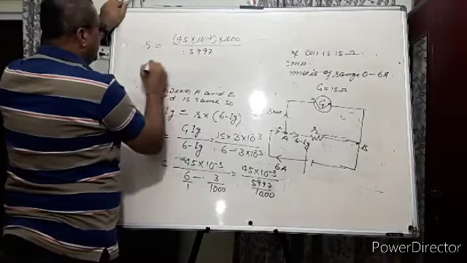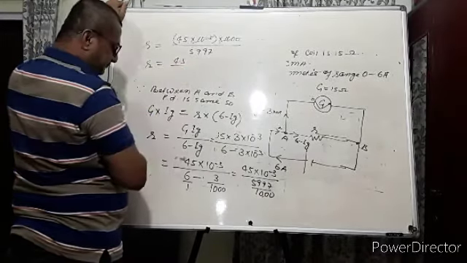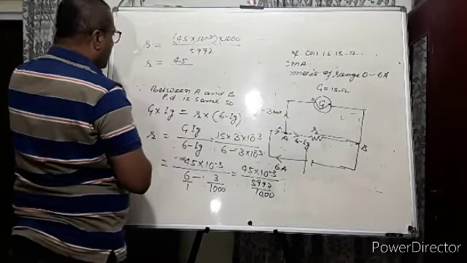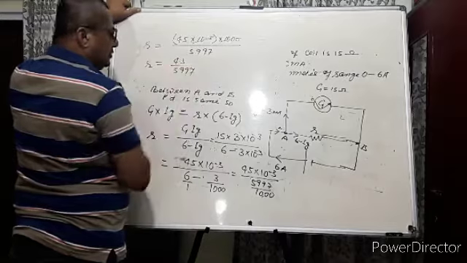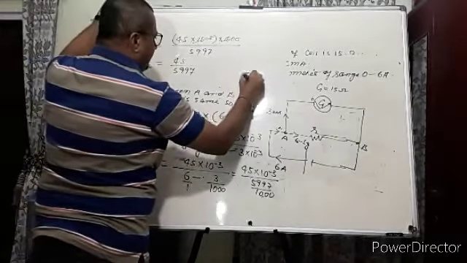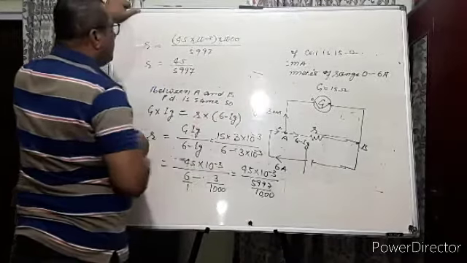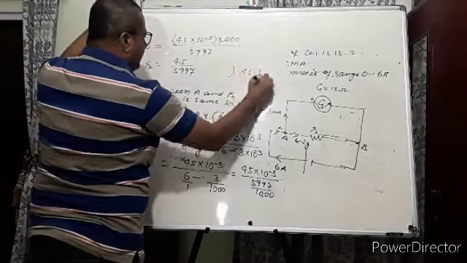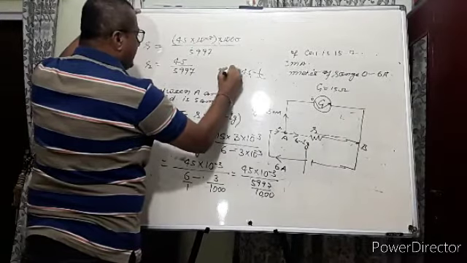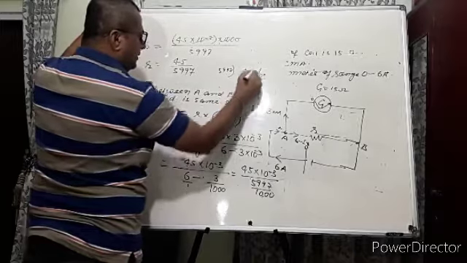So R is equal to 45 by 5997. It can be divided as 45 by 5997, that will be equal to 0.00